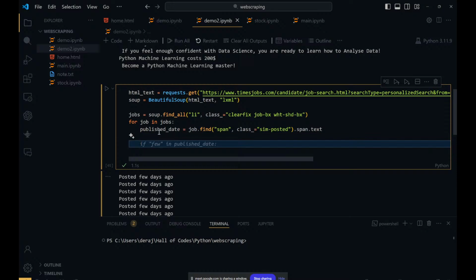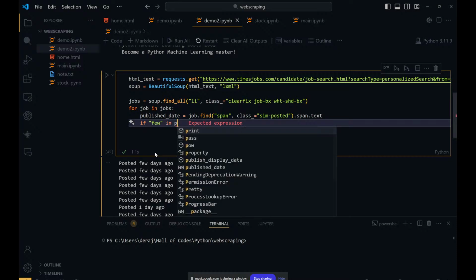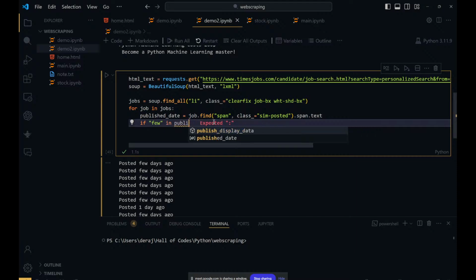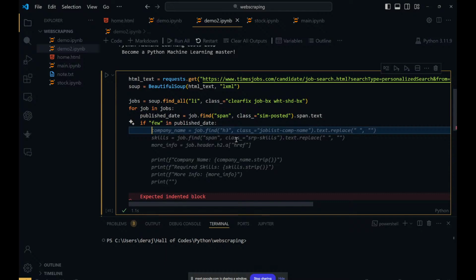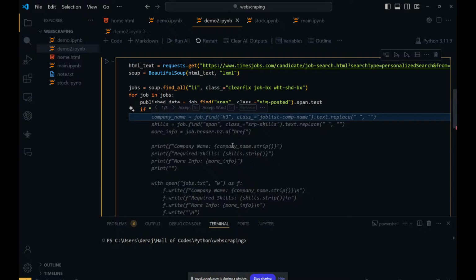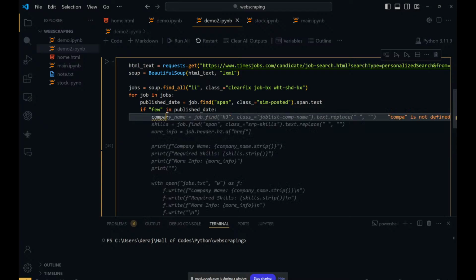So we'll have to check for stuff that has few, right? So let's say if few is in published date, then we're going to proceed with the steps. Let's say after you get all those, we need three things: company name, skills, and we just have those two. So we'll call something company name,